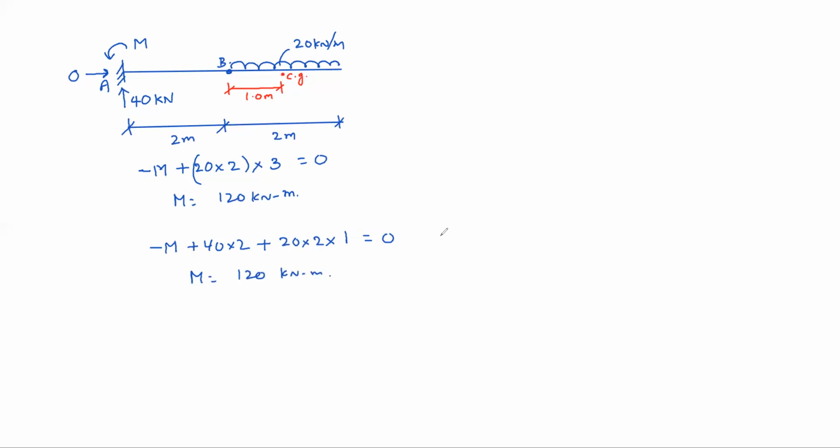Okay, then also you'll get, see, here we are taking moment about B. Here we have taken moment about A. You can take moment about any point. Let us take about C. Whether we get or not, we will see. So minus M, then about C means plus 40 into 4 clockwise couple, and about C, because of UDL, you will get anti-clockwise couple, right? That's why minus 20 into 2 is the load. Central distance about C is 1 unit, 1 meter, equal to 0.